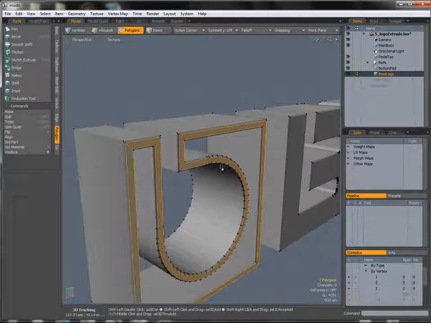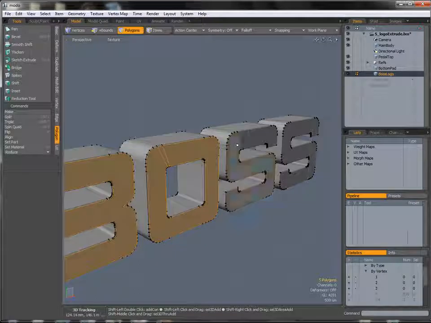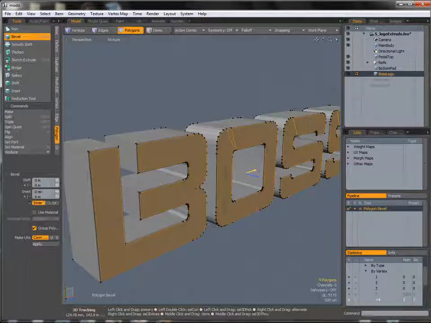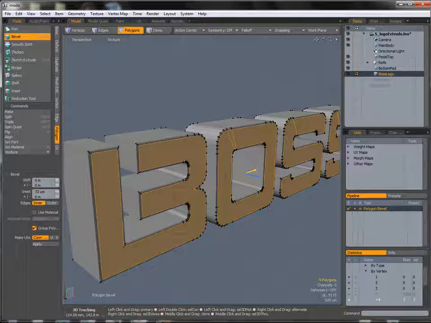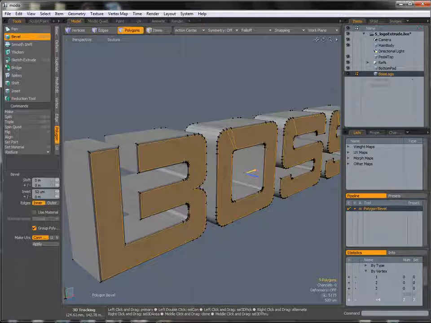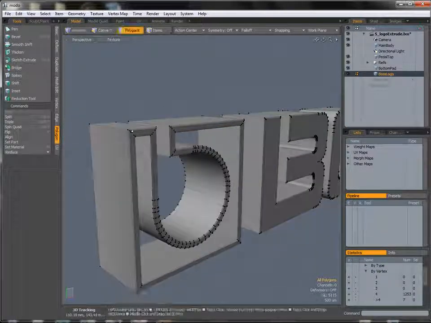So I'm going to select all of these front faces, including that extra polygon that we just created. All of these guys. I'm going to hit B on my keyboard, right click, and we're just going to inset these in just a tiny bit, like about 50, something like that, just a very small amount. And what that does basically is it takes care of any smoothing problems we might have after we bevel these